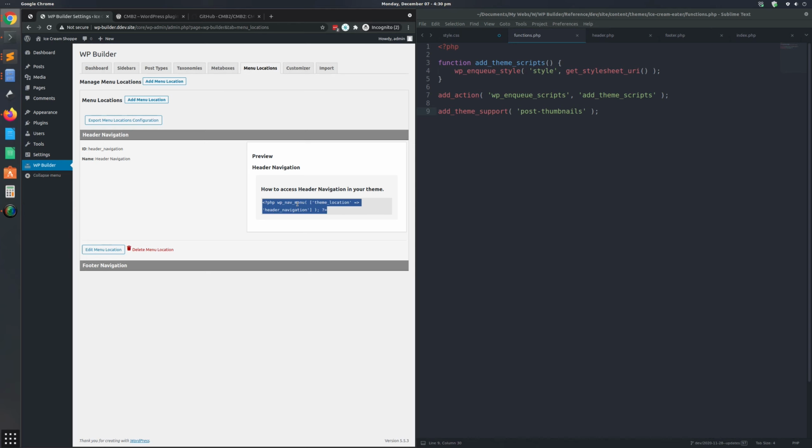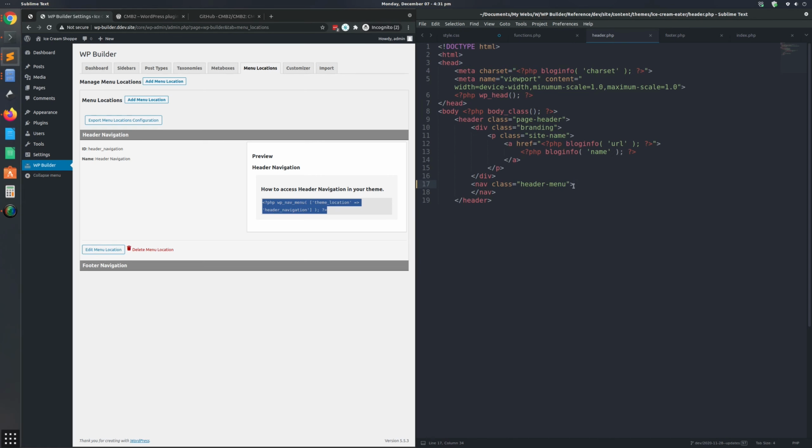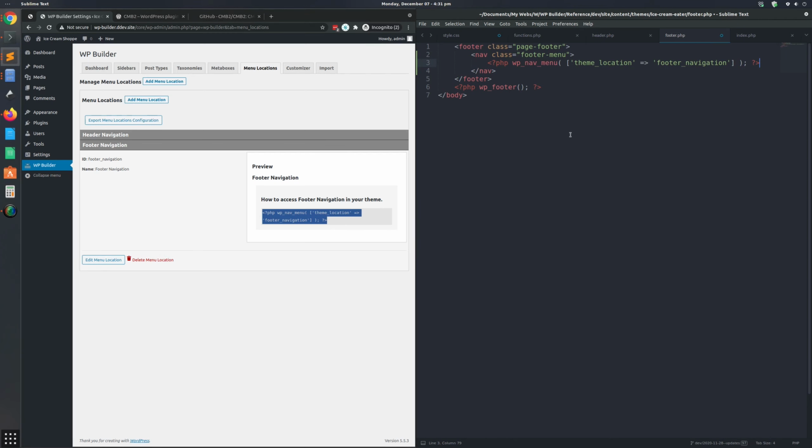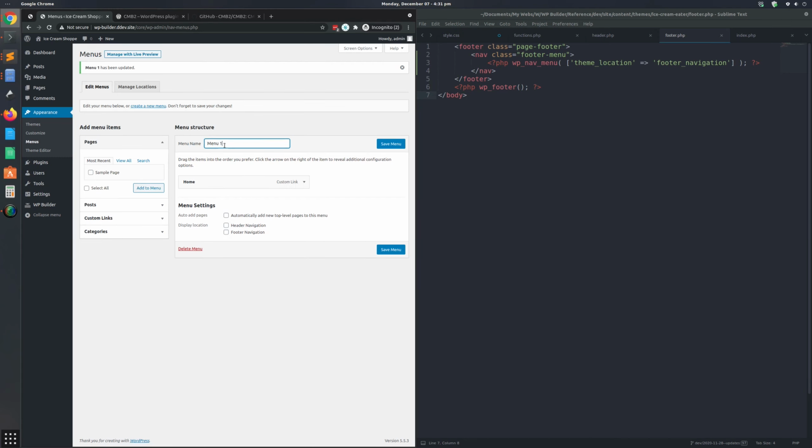WP Builder provides us a little code snippet that we can copy and paste into our theme. So in the header menu, let's just drop in header navigation, save that, and then in the footer, we'll drop in the footer navigation. Okay, and then if we come over to appearance, menus, okay, we'll call this the header